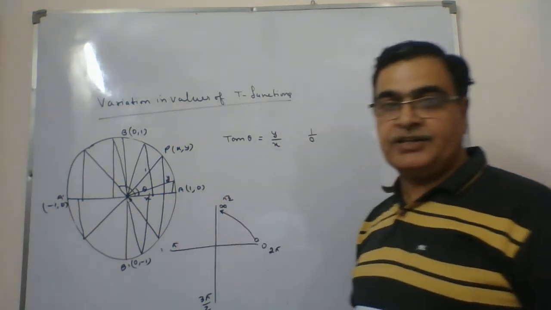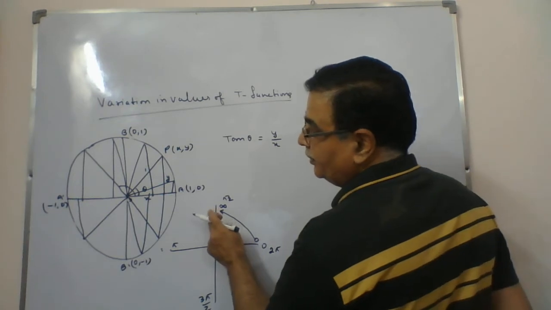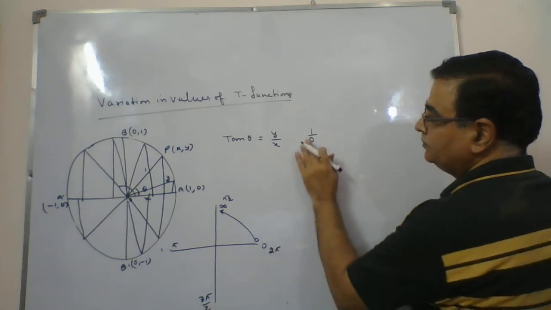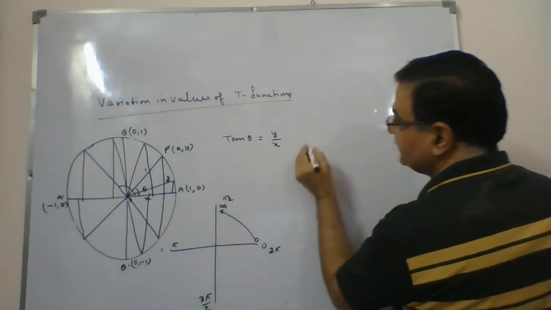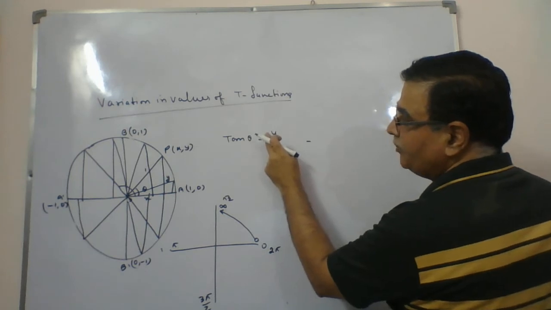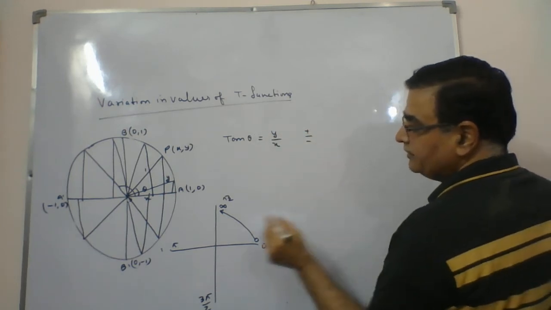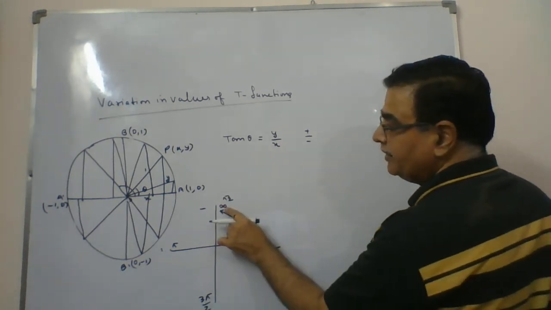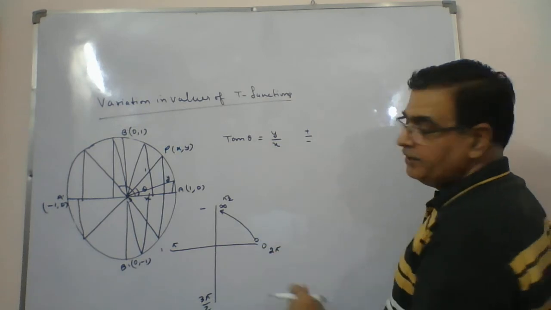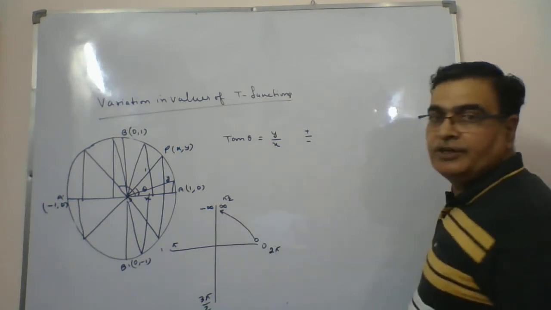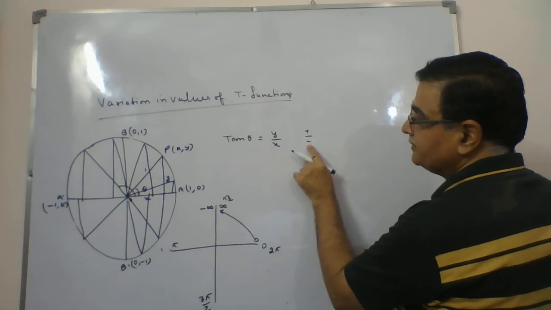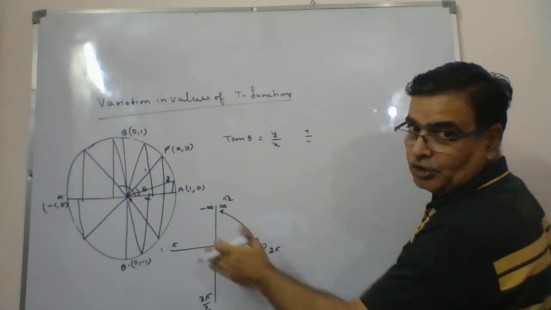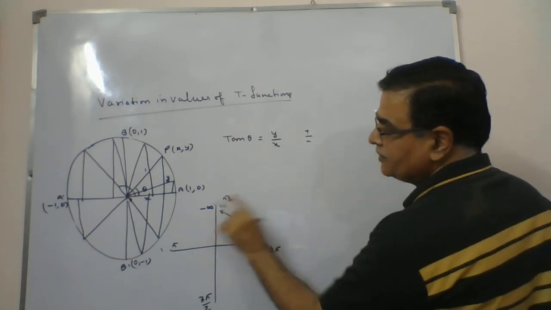When you go this side, that is in the second quadrant, one thing should be clear: x will become negative now. So in this case, x will be minus and y will be plus. That means on this side, the value comes out to be minus. And at this point it remains infinity only. So that's why we should write this as minus infinity. Minus we are writing because x is negative. When you are on this side, both are plus. So it will be 1 plus, 1 minus, so it is minus here.